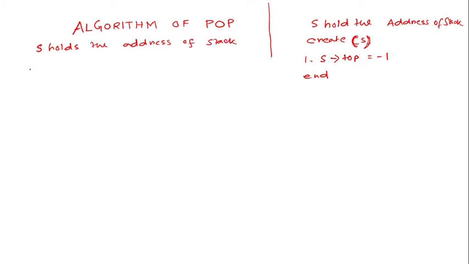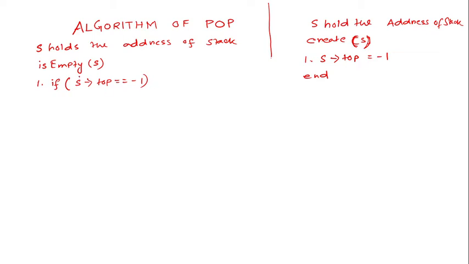Then you need to check is empty, whether this stack is empty or not. So is empty S, this is the empty function. Now you need to do this: if S arrow top is equal to -1,